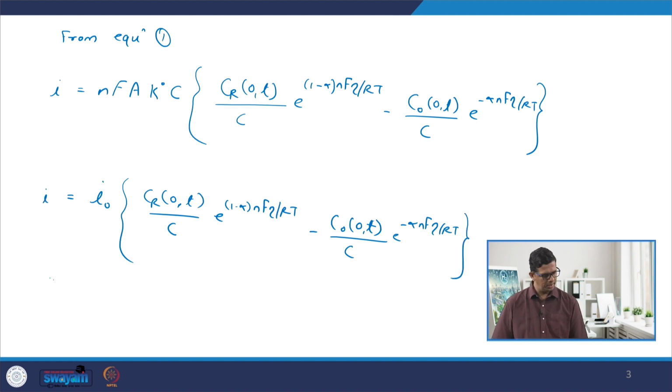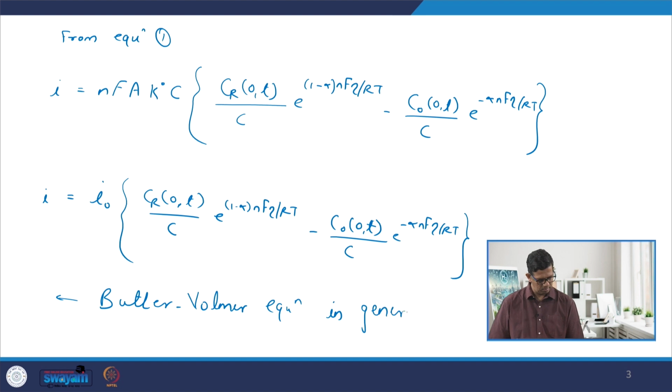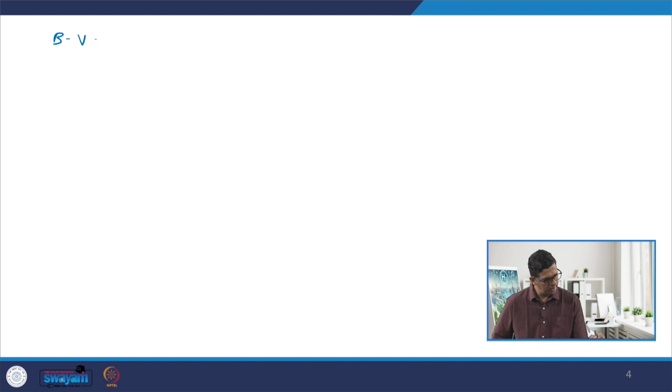Now this expression is called the very famous Butler-Volmer equation, and this is in general form, right. So what does it say? If you look at this expression, it says that the net current I produced through the electrochemical reaction increases exponentially with this overpotential that we have, and let me write that down. So the Butler-Volmer equation, that is the BV equation, states that